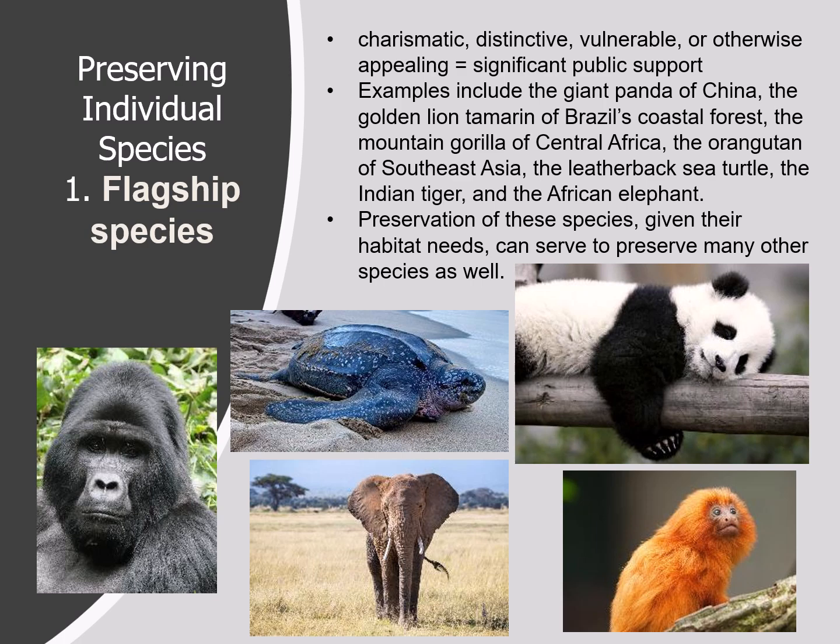Like things like pandas and elephants and gorillas. They are species that you know about, that are appealing because you see them and you feel empathy. You care about them because you've seen them in movies or in media. You've heard about them. You care about them because they're charismatic and usually pretty cute. Some examples include, like I said, the giant panda, a golden lion tamarin. That's that little orange guy in the bottom corner.